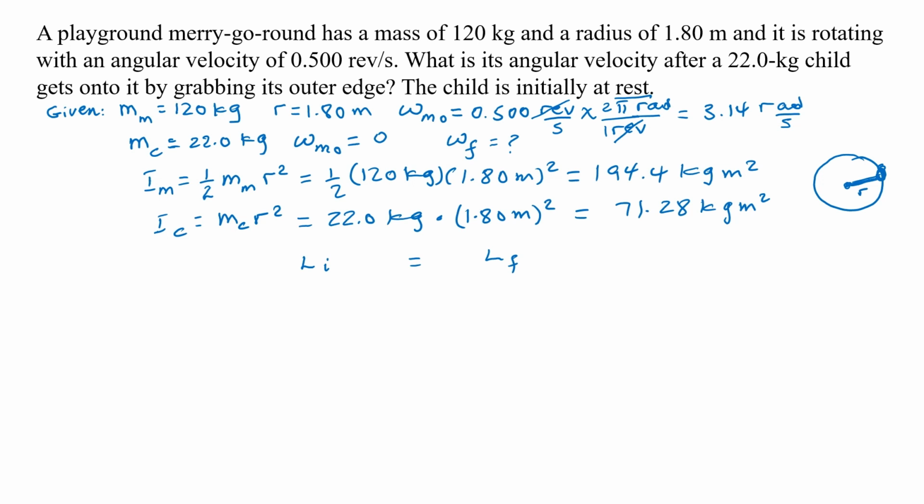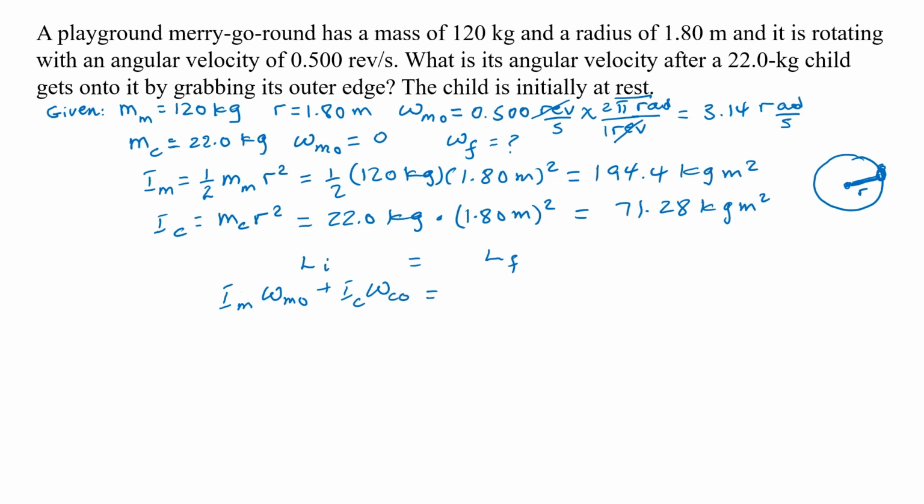The initial angular momentum is equal to the moment of inertia of the merry-go-round multiplied by its corresponding angular velocity, which is omega of the merry-go-round initial, plus moment of inertia of the child multiplied by omega of the child initial,